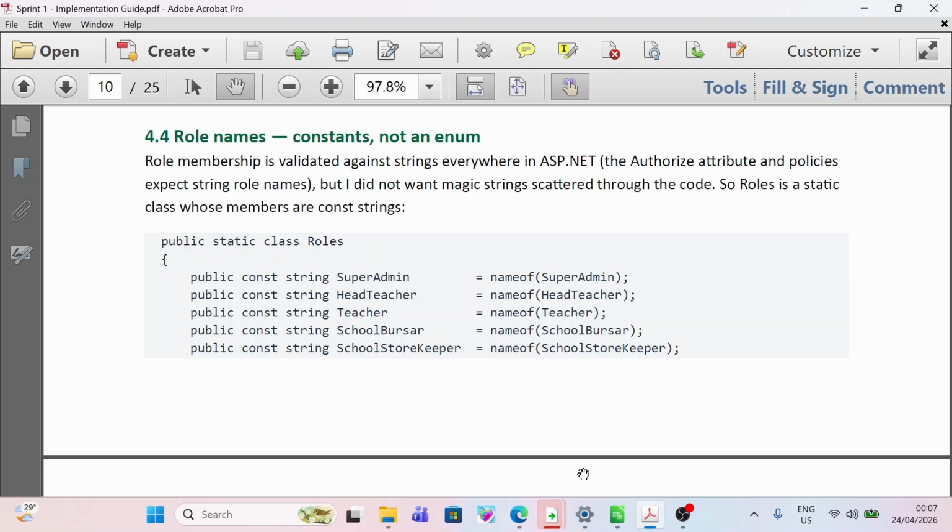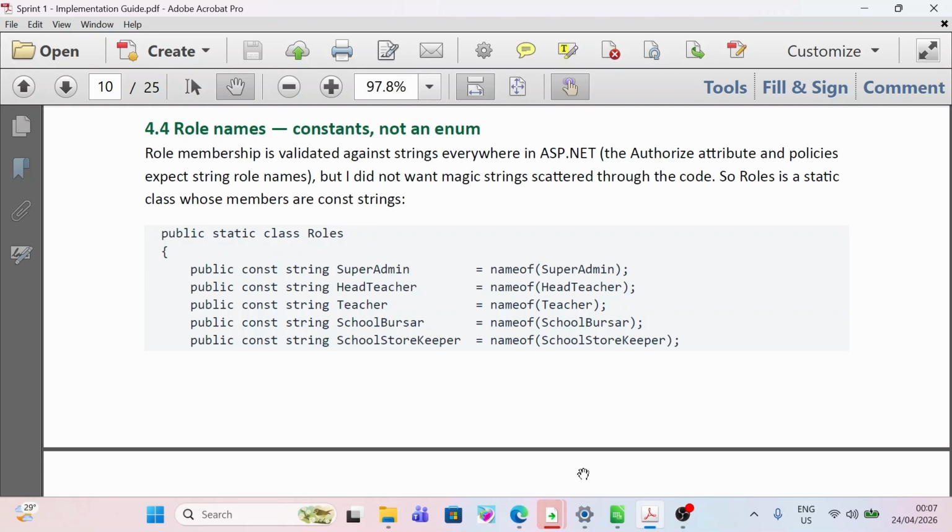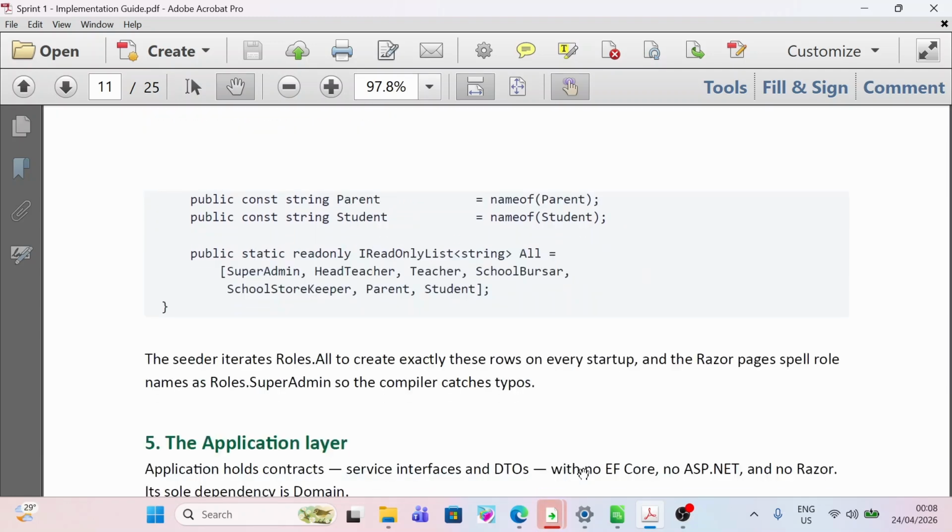public static class Roles. public const string SuperAdmin = nameof(SuperAdmin); public const string HeadTeacher = nameof(HeadTeacher); public const string Teacher = nameof(Teacher); public const string SchoolBursar = nameof(SchoolBursar); public const string SchoolStorekeeper = nameof(SchoolStorekeeper); public const string Parent = nameof(Parent); public const string Student = nameof(Student); public static readonly IReadOnlyList<string> All = SuperAdmin, HeadTeacher, Teacher, SchoolBursar,